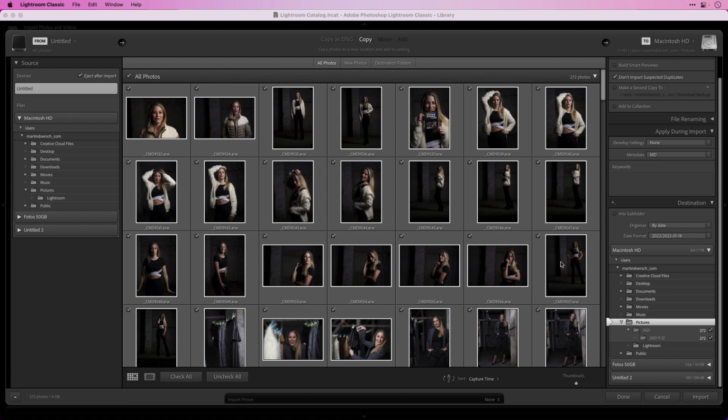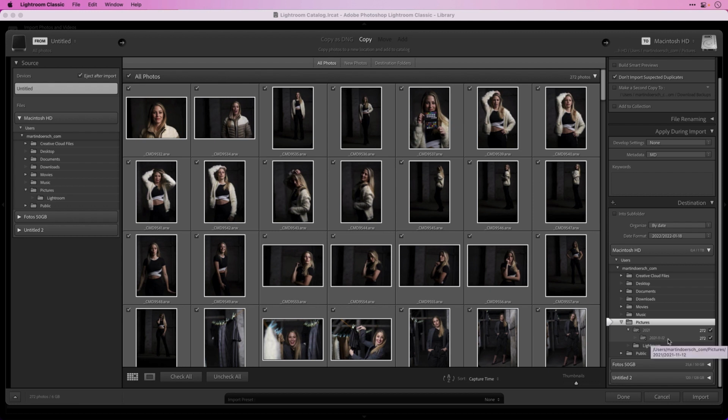So the date is coming from the metadata from my images from the SD card, and I want it by date, and the date format should be 2022/2022-1-18, so that's the month and that's the date. So I take it, and Lightroom will automatically create this information for me. So if I have the target, the destination of my import at the pictures folder, Lightroom will create the year folder and automatically also the year, month and date folder. That's everything I want to have.